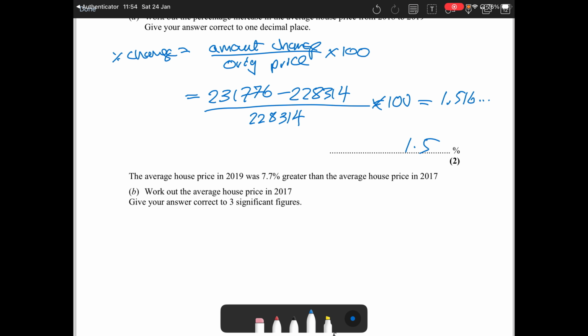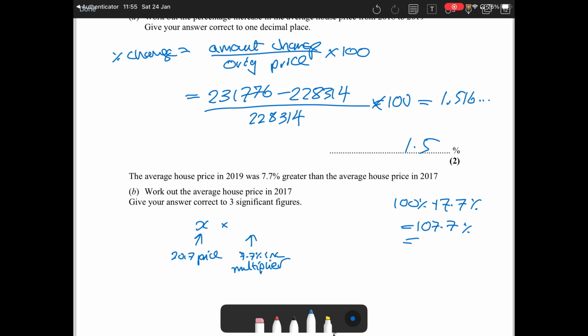Okay, so I'm going to think about the multiplier. This is a 7.7% increase multiplier, which the way you work out percentage increase multipliers is you always start with 100, you add 7.7%, and then we change this into a decimal, right? So you move the decimal point 2 places to the left: 1.077. Now, if you are good with multipliers, you know that when you multiply these two numbers together, you would then get the answer which we're given,